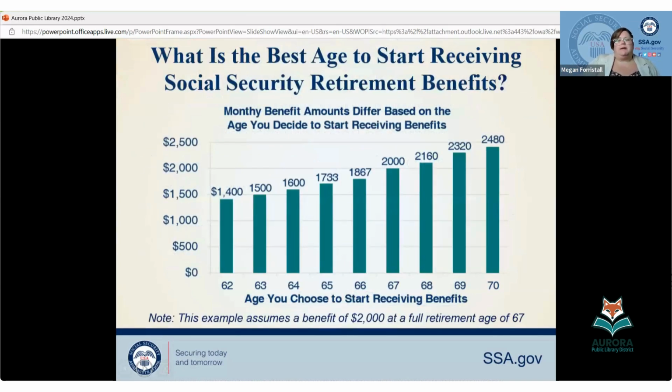A lot of people contact Social Security and they'll ask us, when should I start receiving my Social Security retirement benefit? And the answer is we can't tell you when to do it. All we can do is provide you the information on what your monthly payment will be every single month between 62, that's your earliest you can draw a regular retirement benefit, goes up every single month you wait until full retirement age. In the example here, the full retirement age is 67.